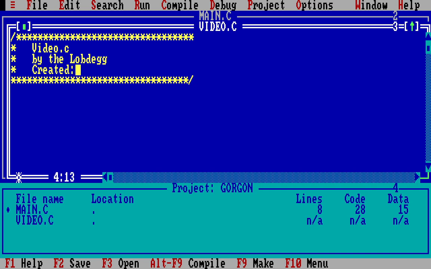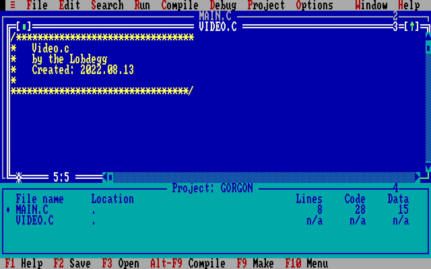God damn it. Oh, it always throws me off that it doesn't like the number pad. I've gotten so dependent on that. I wish I could get DOSBox to just default start with the number pad active. Anyways, so it's August 13th? Yeah. Oh, insert is still active. Okay, so